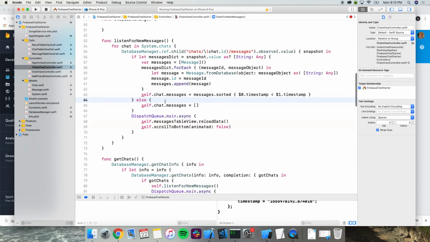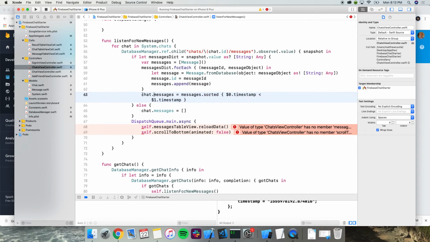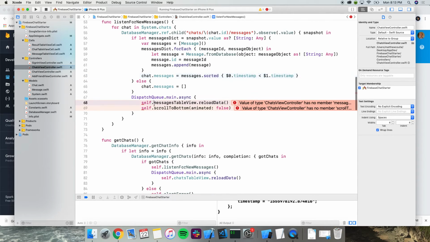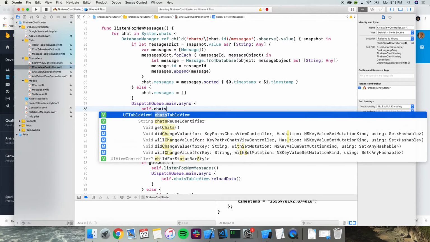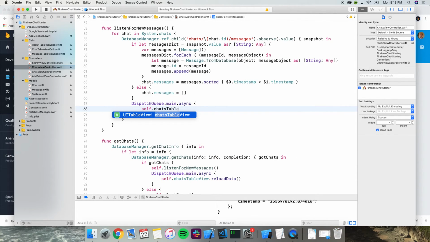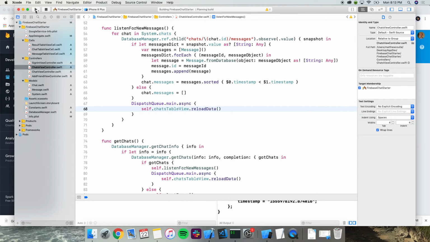And this time it's not self.chat, it's just our chat in our loop. One more thing. All right. So now we want to actually reload our chats anytime we have a change in any of those chats. So if we do this, I'll show you the effect.